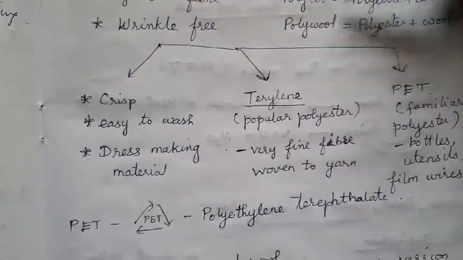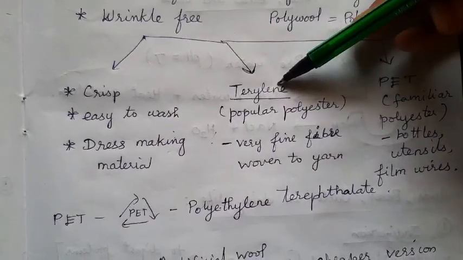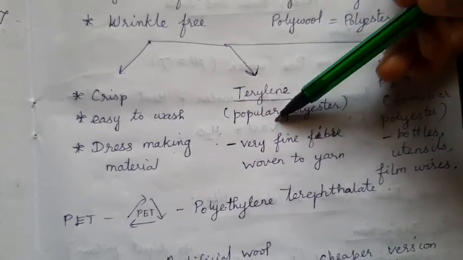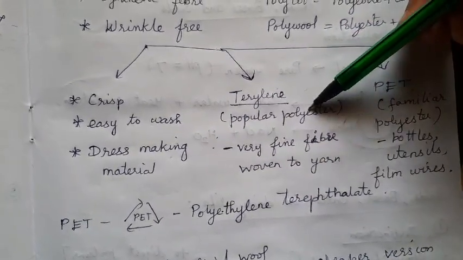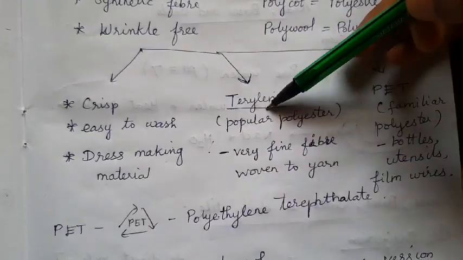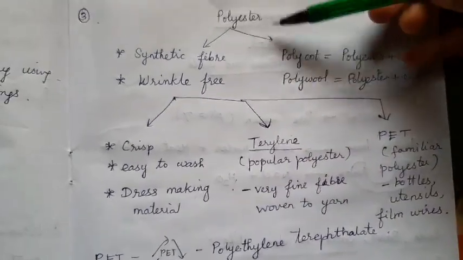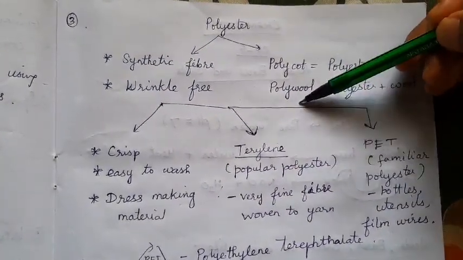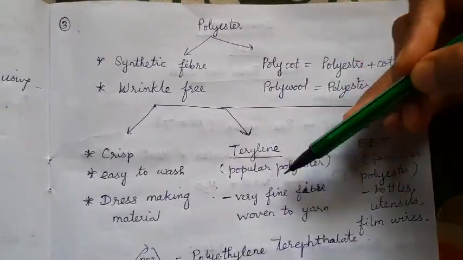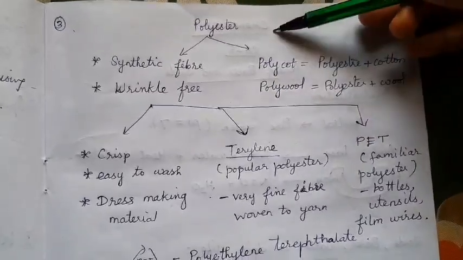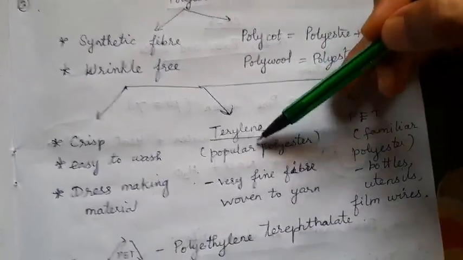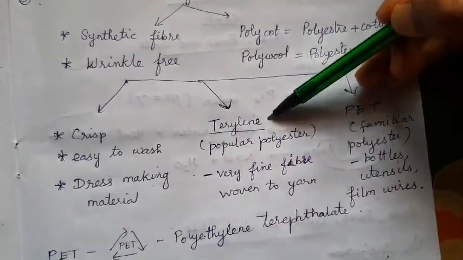And the next thing, a famous polyester is your terling. Terling is a very fine fiber which is also used for making dresses, and this is a very familiar one. Okay, my dear children, please get to know about this name. It is a polyester, but it is a very famous one. There are so many forms of polyester. Can you see here? Polycot, polywool, terling, all these are forms of polyester. There are so many applications of polyester, and that is why it is considered the best choice. And out of those various forms, terling is considered the very best, right?